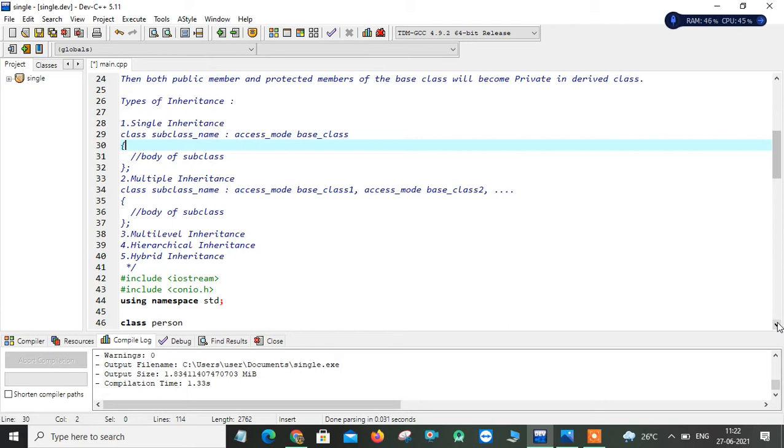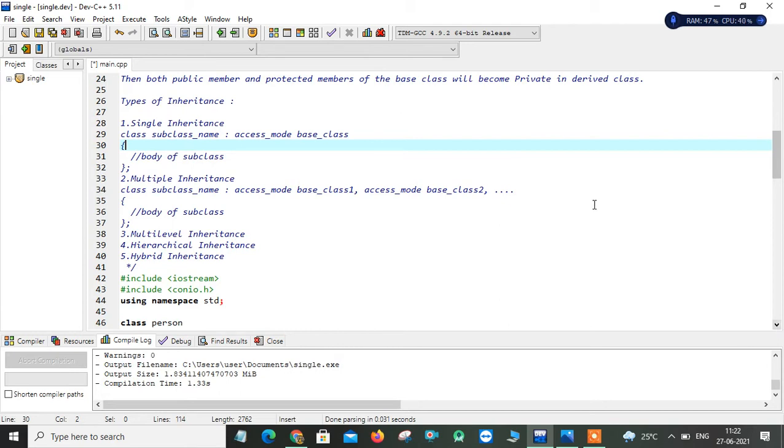And this inheritance concept is used in your object-oriented programming environment for implementing the concept of code reusability. We can write some code in one class, and you can use that code in another class without rewriting it again in the subclass. So for that purpose we are using the inheritance concept in an object-oriented environment.